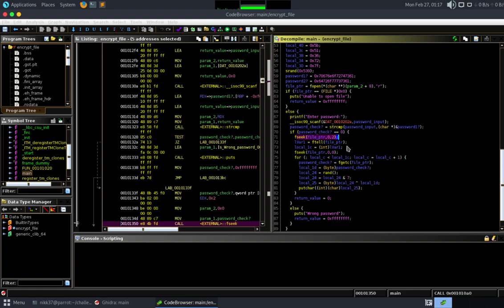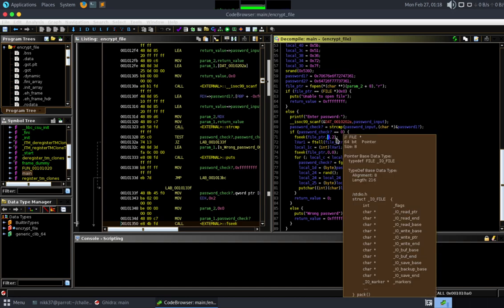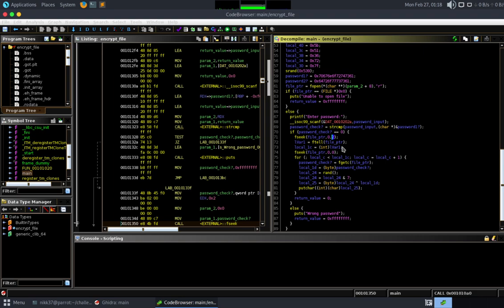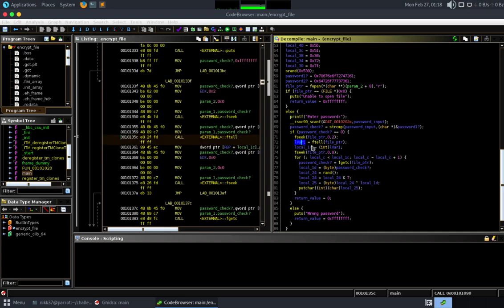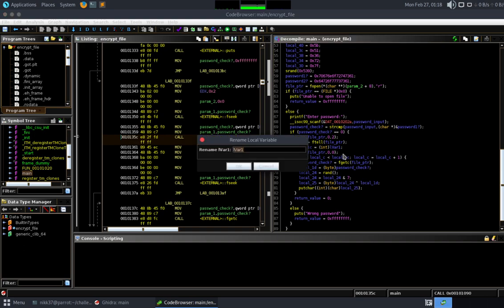here it is getting the size. Fseek is used to place the pointer anywhere on the file, and here we pass the file pointer which is to be used. Here we place the initial value, which can be anything in this case, because the third parameter sent here is 2, which would seek the end of the file. Since ftell is the second function called here, it would return an int, and it would tell me the size of the file. So here we can just replace it with file size,